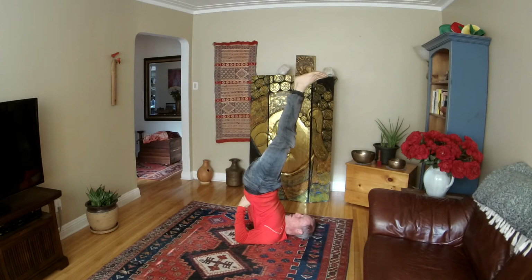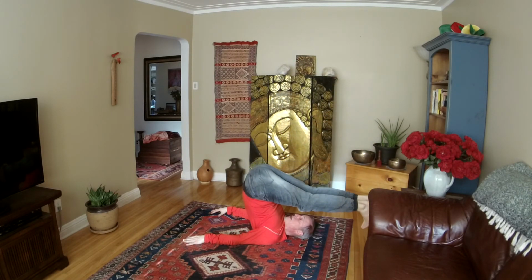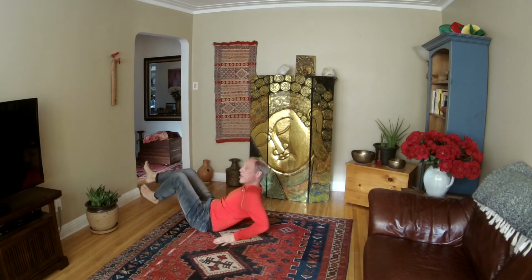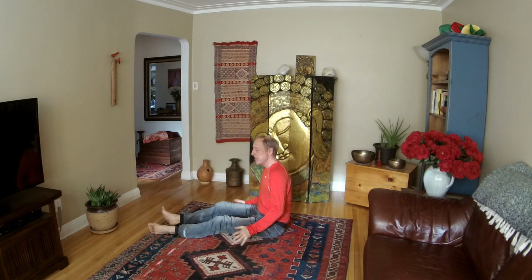And then when you want to come out, you just support yourself, or you can come back to Halasana and then just slowly roll out, or support your back when you roll out. Always come out of these poses slowly. Take your time. All right, again, just sit for a couple of seconds, 20, 30 seconds before you get up,